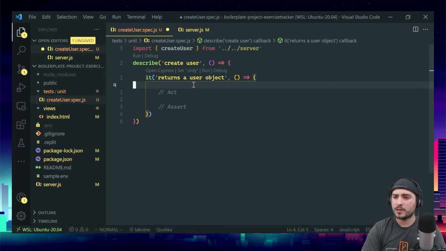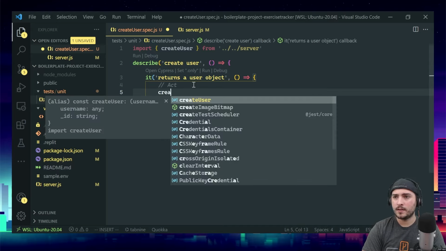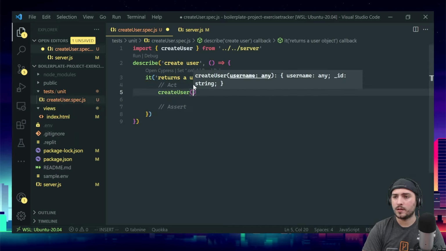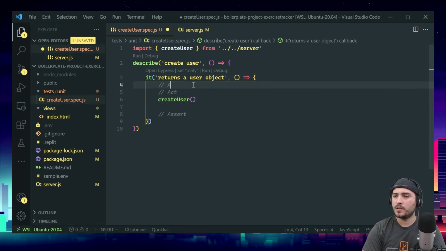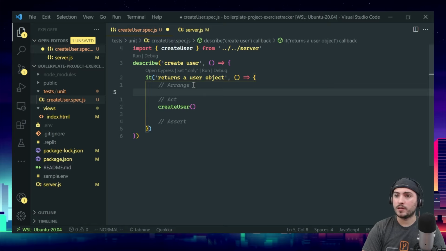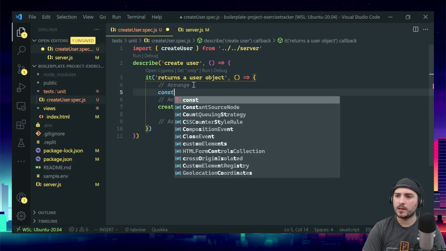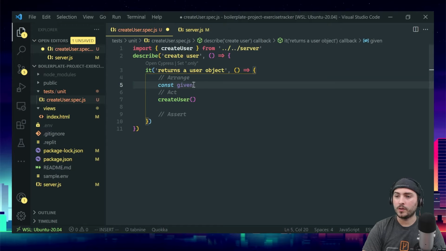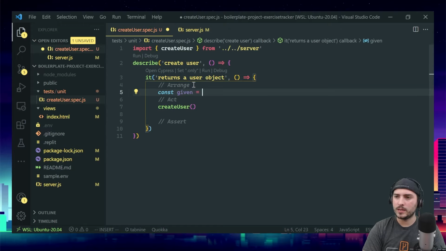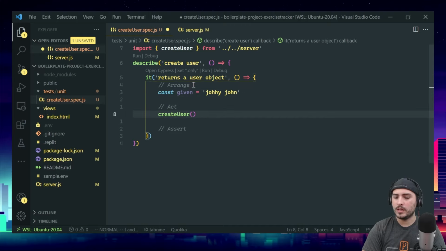So again, I don't have anything to arrange here. It's just act and assert. So the act is create. Oh, you know what? I do have an arrange. There almost always is an arrange. But you could think of it as given. I like to use the word given in my variables sometimes, but given, we'll just say Johnny John. So when I call create user with the given data,